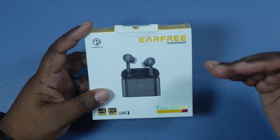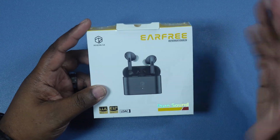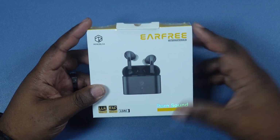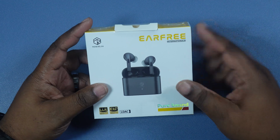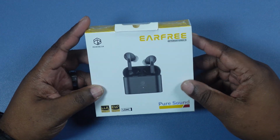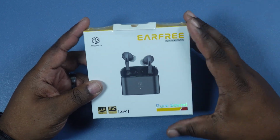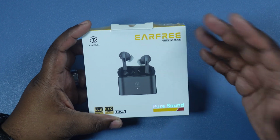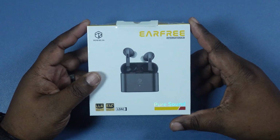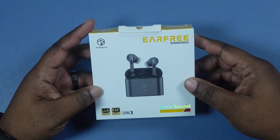As far as specs go, they rock Bluetooth 5.3. I don't know why I said codec, but Bluetooth 5.3, I jumped a little ahead of myself. You do have codec support for AAC, SBC, and LDAC. They also have one that's called MSBC. I'm not quite sure about what they have that listed, but I want to put that out there as well. But you do have those other codecs as well, so you do have some high-res audio that you can rock